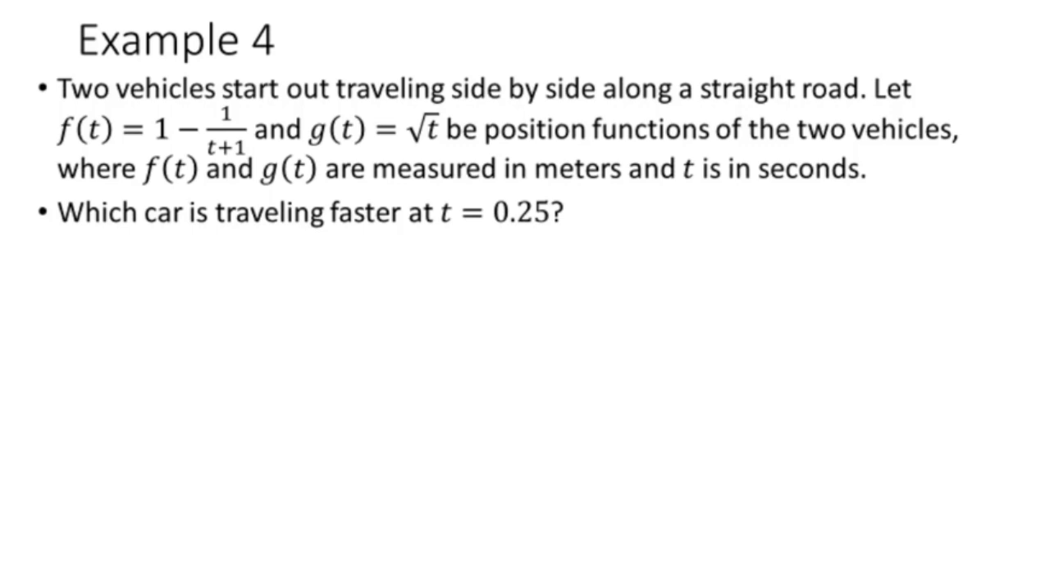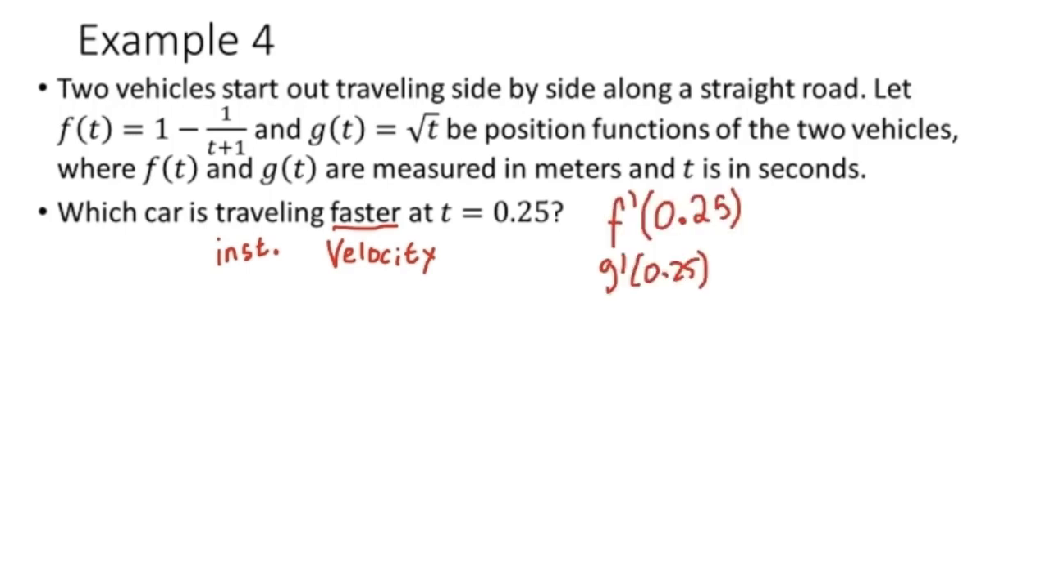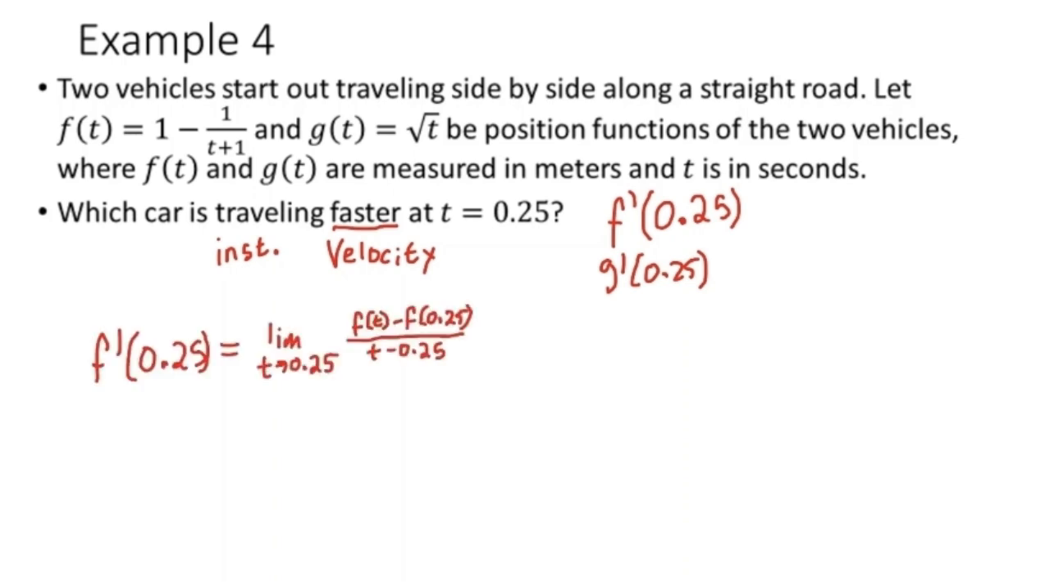If we think about what the question is asking us, when we hear the word faster, that is referring to a rate of change. Specifically here, when we're talking about the rate of change of position, we are looking at which car has the greatest velocity. Now, what kind of velocity are we talking about? Instantaneous or average? Because we don't see the word average, nor do we have a time interval that we're considering, we are referring to the instantaneous velocity, which means we want to find f prime of 0.25 and g prime of 0.25. We'll start with f prime of 0.25, which would equal the limit as t approaches 0.25 of f